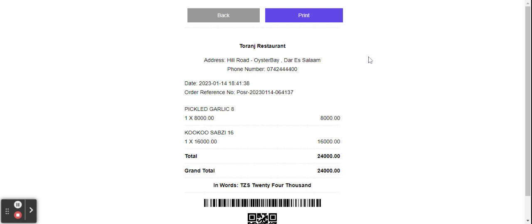After that, you will land on this page where you need to print the receipt. In case of Torange, they have different printing options. They have the cashier, they have the barbecue where they have located their printer, and they have the printer in the kitchen. So after printing here, you can select a different printer option where you need this order to be sent. I can go back and continue maybe receiving an order